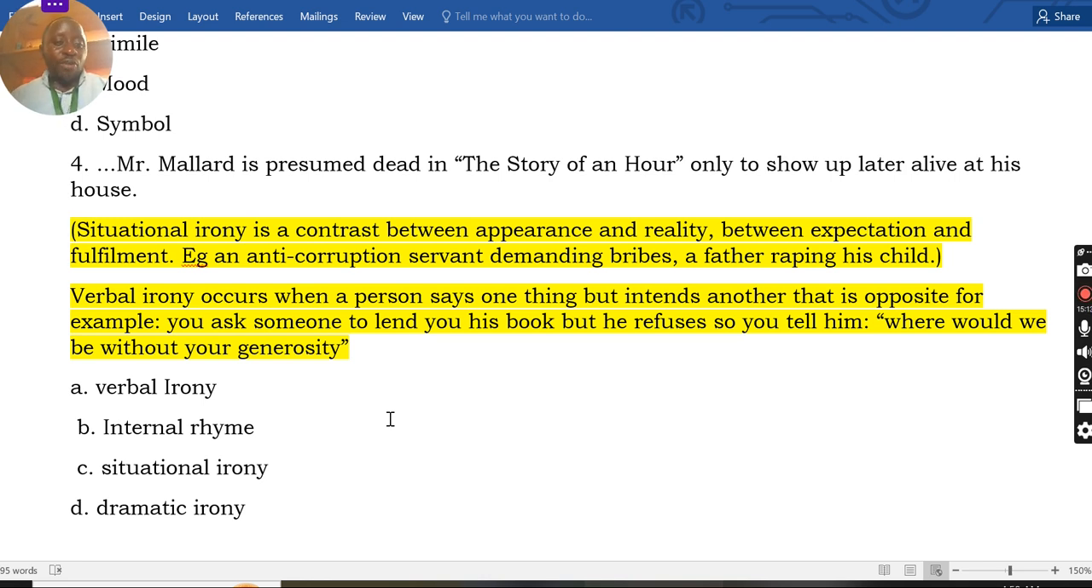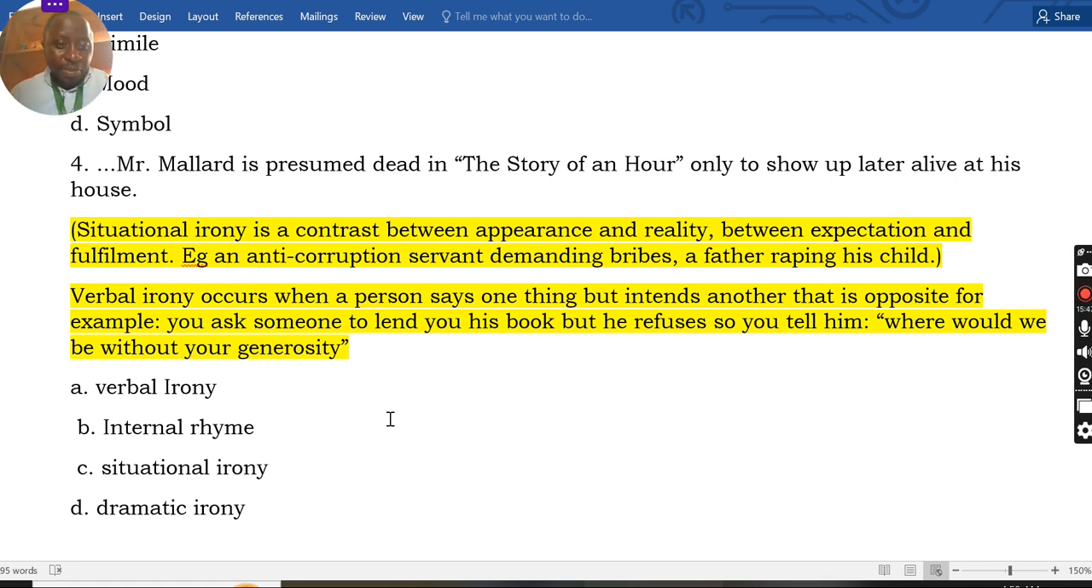So I was reminding you of situational irony, but let me also remind you about verbal irony. Verbal irony occurs when a person says something but intends another, the opposite. So a person says something which has the opposite meaning. Okay, this is verbal irony. So for a short example of